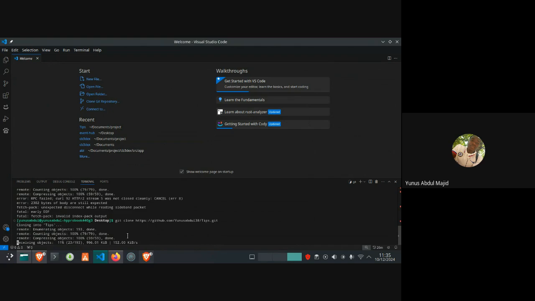I want to show you how to build everything from scratch, but the network is misbehaving today. If this doesn't work, I will use the one I already cloned this morning. It's the same file.